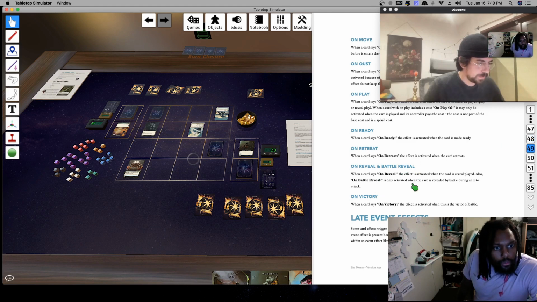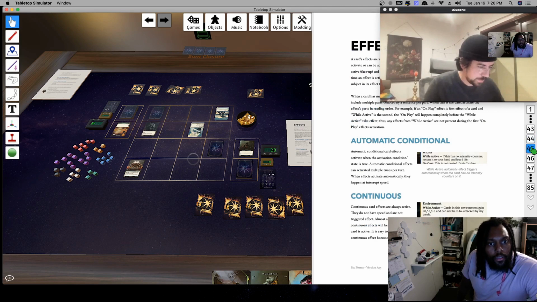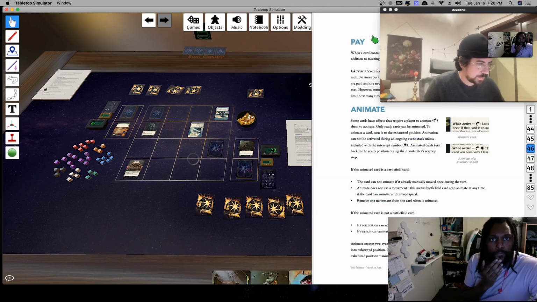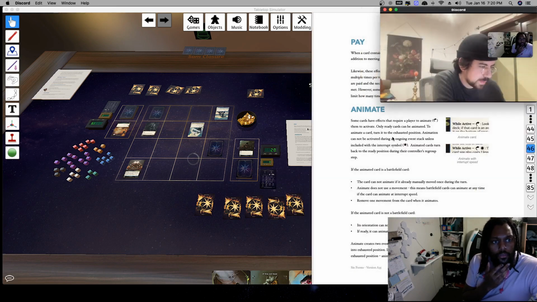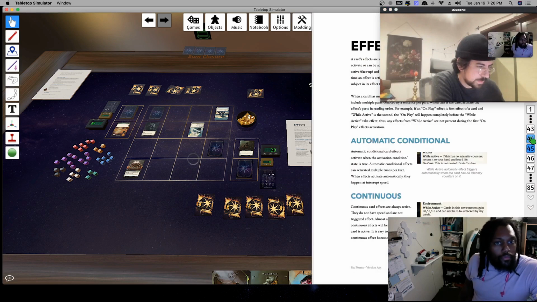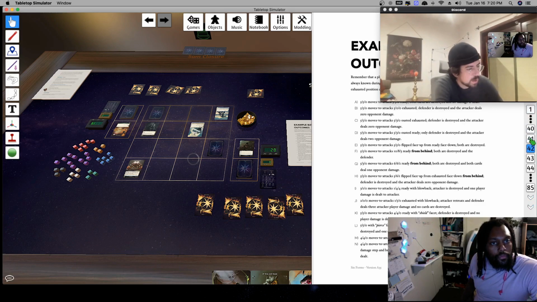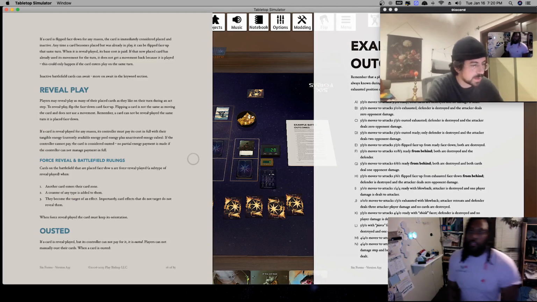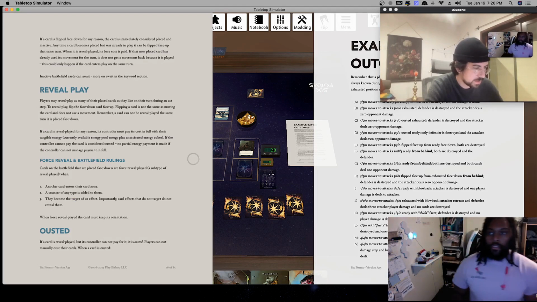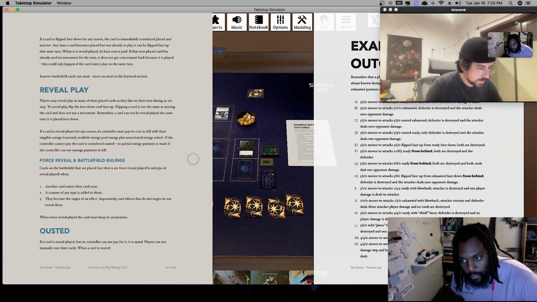Okay, on reveal, when the card's reveal played, flip the face down. If a card is reveal played for any reason, its controller must pay its full cost. If they cannot pay, the card is considered ousted. No partial energy is paid if the controller cannot manage payment in full. So ousted means the bottom of the page. If a card is reveal played,